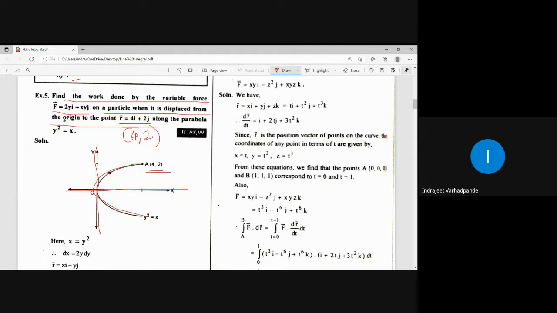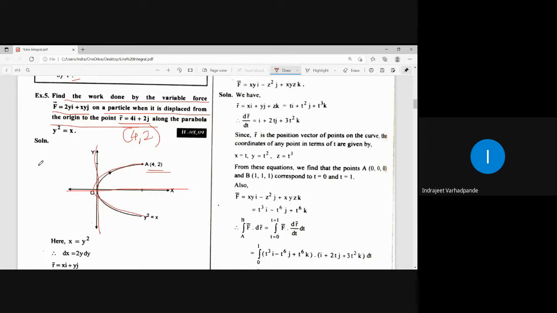Here the work done is to be evaluated. I know work done will be given by f bar dot dr bar. Now f is a function involving variables x and y. Dr bar will also involve x and y, but integration is to be done over one variable. I do not have the provision for integrating over two different variables simultaneously, so I will be looking at the convenience.